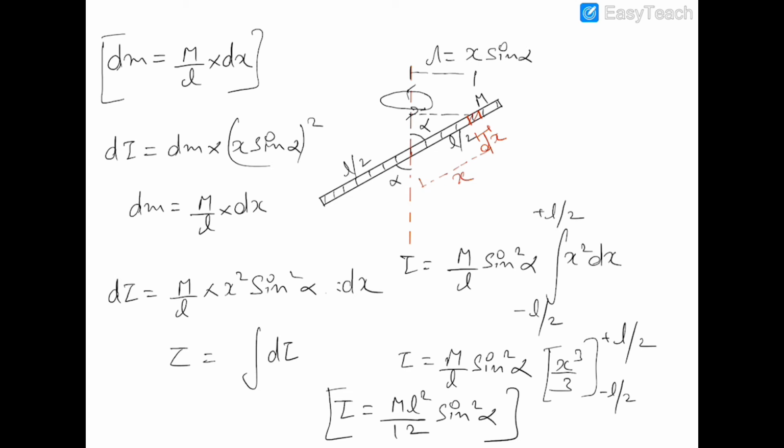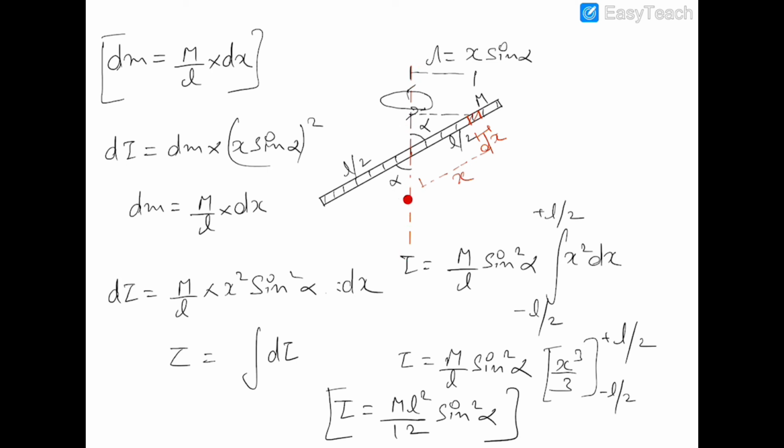There is one more analytical method to find this moment of inertia, and in this method you can assume two components of the rod. The first component of the rod is this horizontal component. This horizontal component would have a length of L sine alpha. You can yourself divide the two components of L. So if this is L, then this component would be L sine alpha, and this component would be L cos alpha. So the moment of inertia of the rod component, which is L cos alpha, would be 0 about this axis,